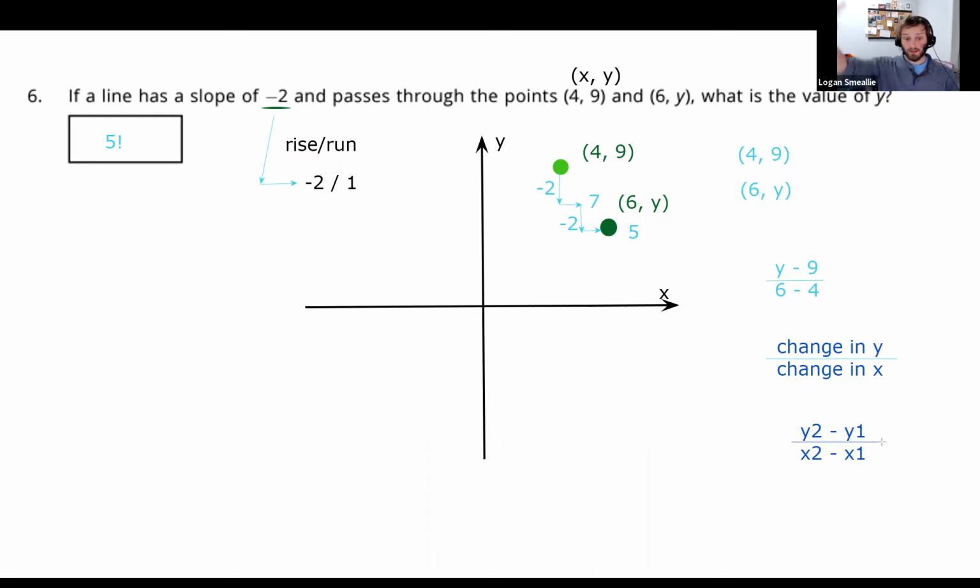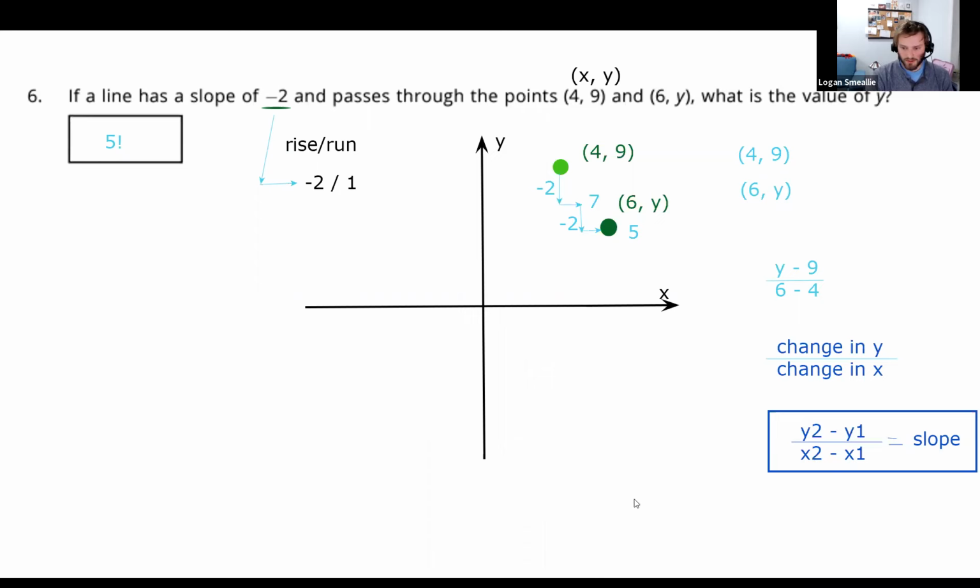What that means is, take the change we got in y, divide it by the change we got in x. And what's that going to equal? Well, this is our rise over run, so that's going to equal our slope. I didn't show this on the first review, because I always think of rise over run just on the graph. But if you want an equation for finding the slope, and sometimes you have to do that, this is how you do it. The change in y divided by the change in x between those two coordinates.